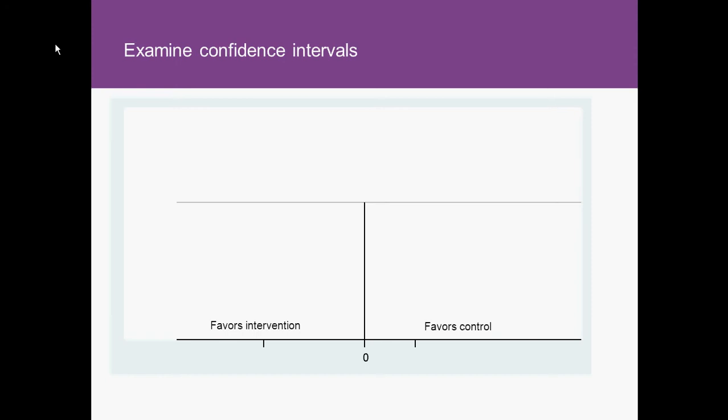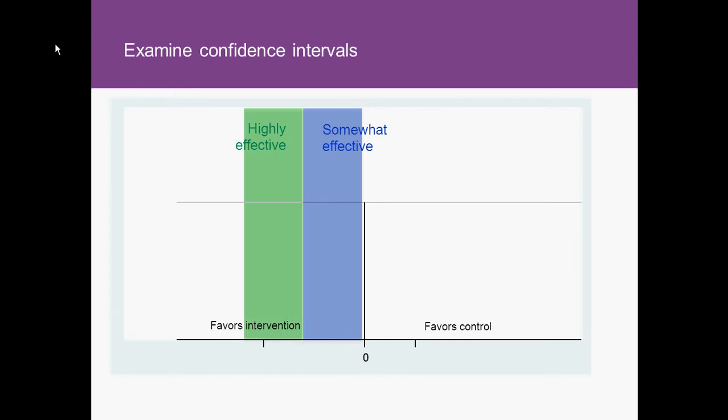When considering a field of research, you might decide that if an intervention's effect point estimate lies somewhere within this zone, you might rate it as being somewhat effective, and that if it lies in this zone, the green zone, it's highly effective. If you consider two different options, and one of them has an effect estimate that falls here and the other there, then you have seen that they've fallen within the somewhat effective zone, though very close to the null value of 0.